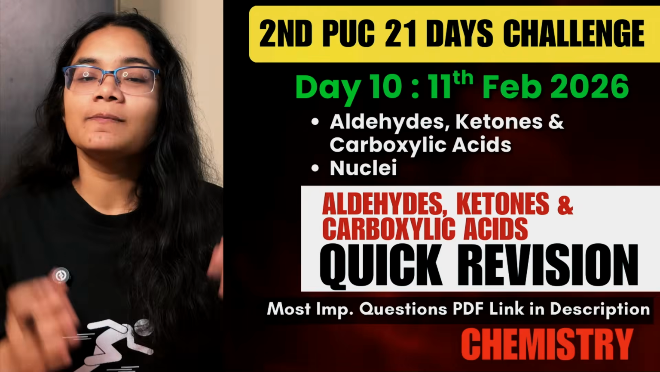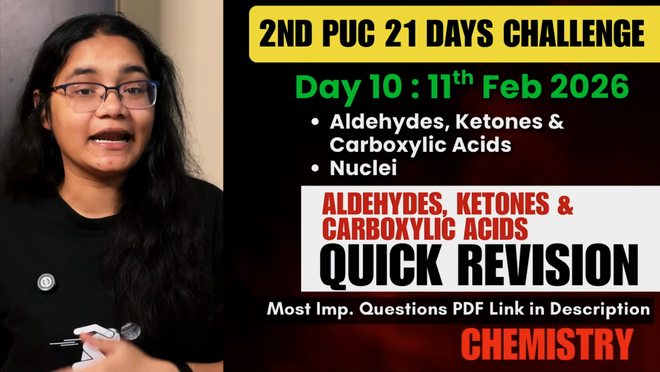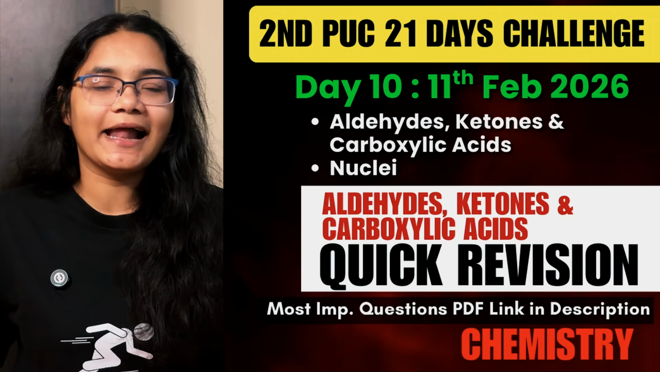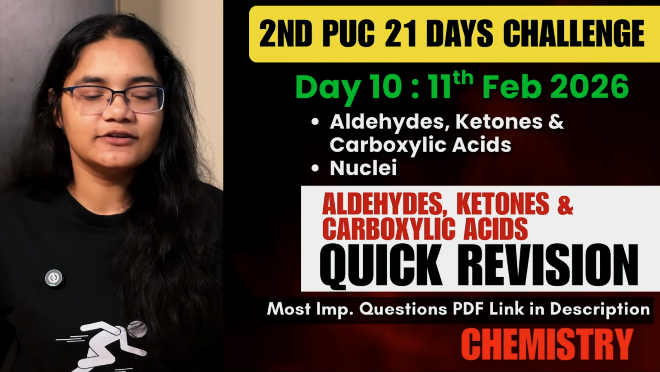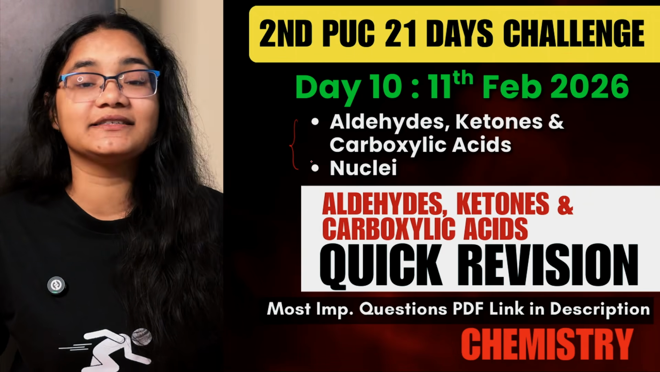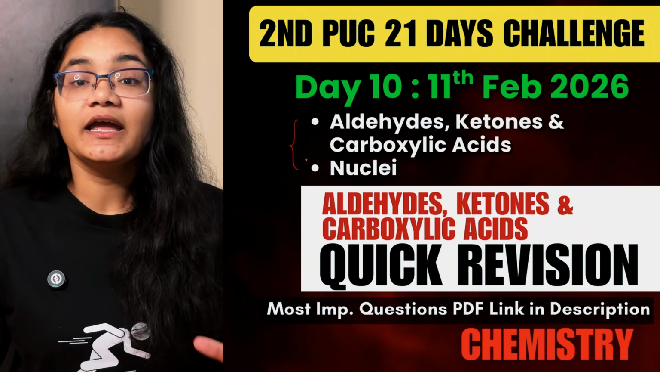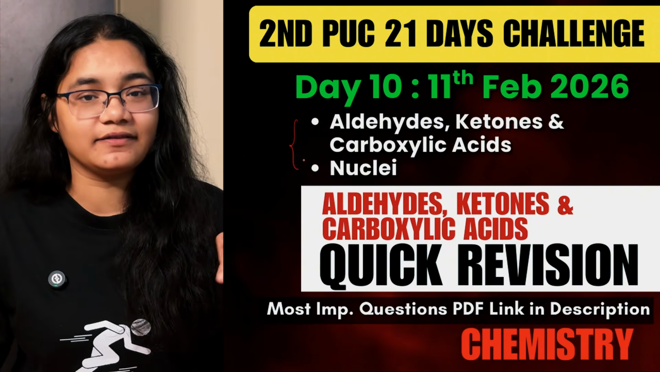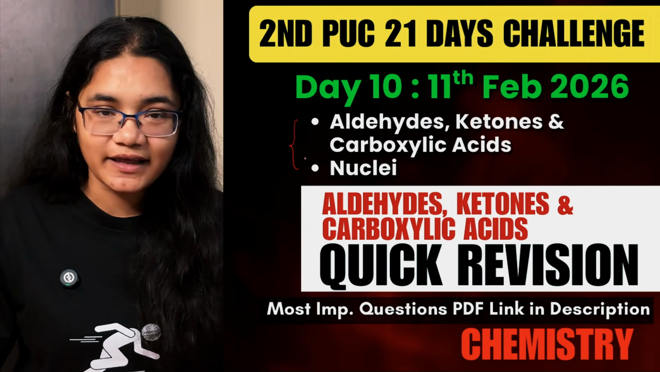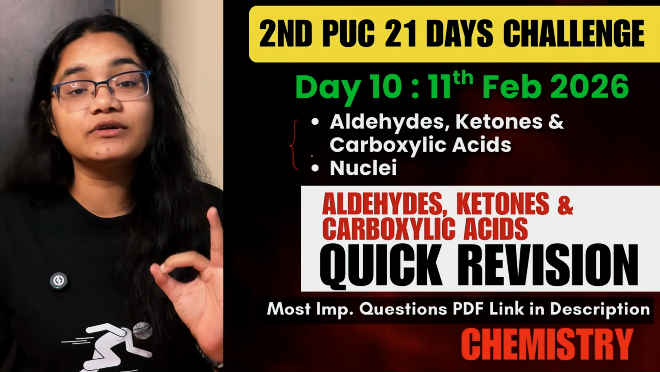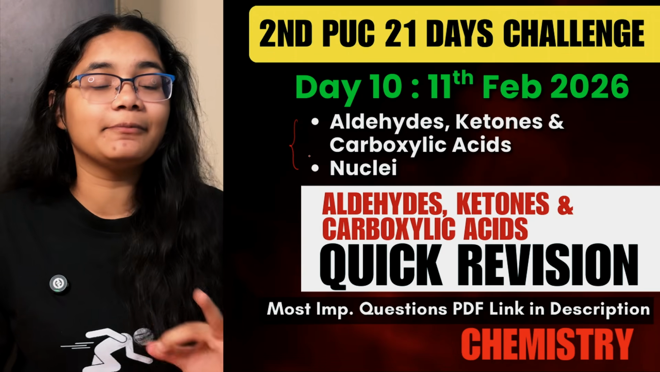So as part of today's challenge, I have given you two chapters for homework. The first one is aldehydes, ketones and carboxylic acids from chemistry, and the second one is nuclei from physics. You have to revise these two chapters and practice its most important questions from the PDF I have provided. If you haven't downloaded it yet, the link is there in the description section. So please click on the link, visit the page and download the most important questions PDF and practice them at